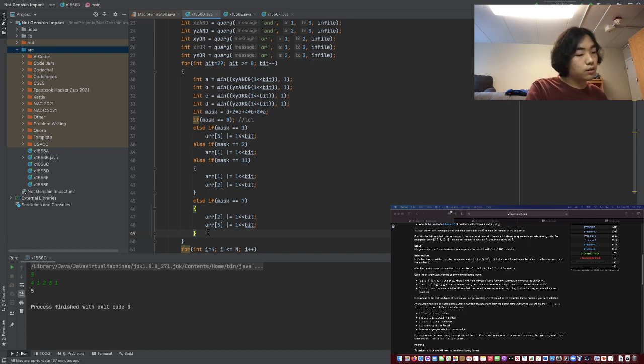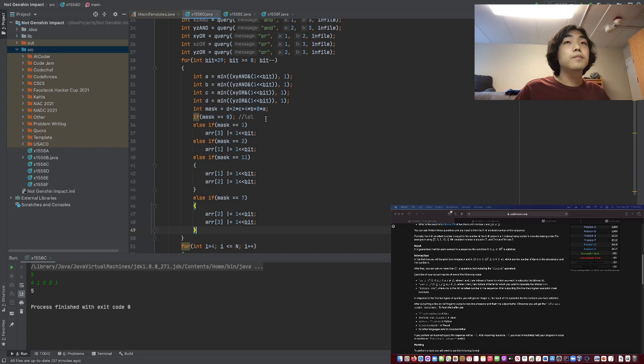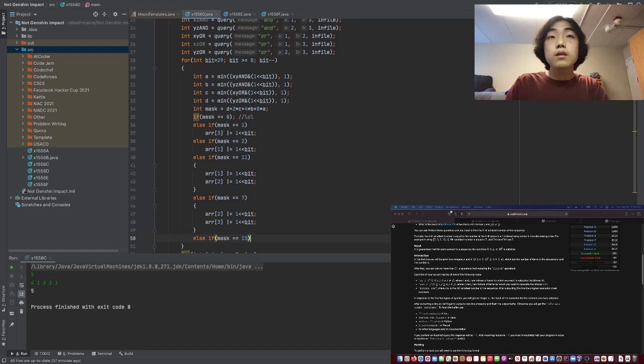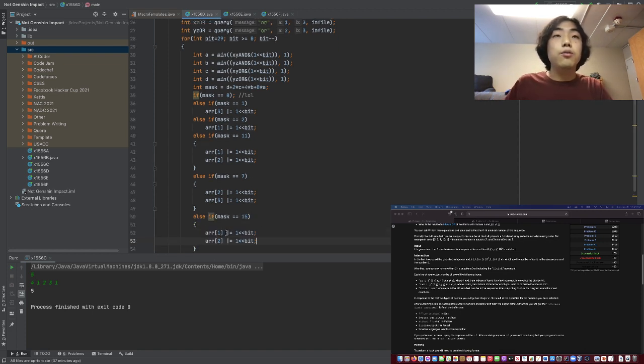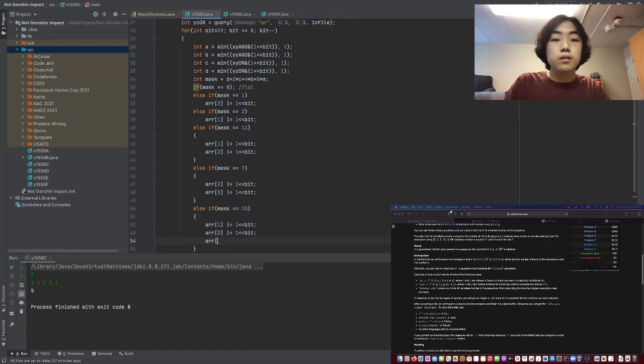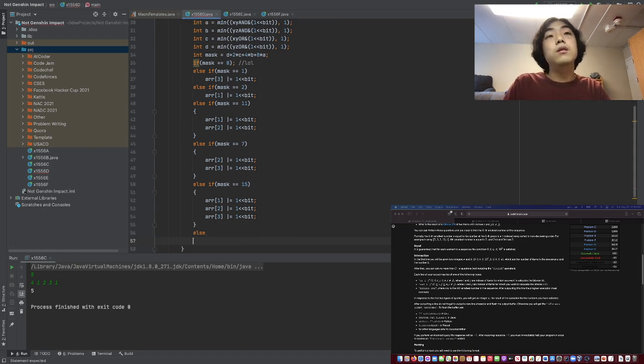Okay, so which masks have we considered? We have 0, we have 1, we have 2, oh wait, mask is equal to 2, where is that? Oh, right here. Okay, 3, we just skipped one out, 11 in here. Oh, and then else if mask is equal to 15, then all three of them get set. Else,